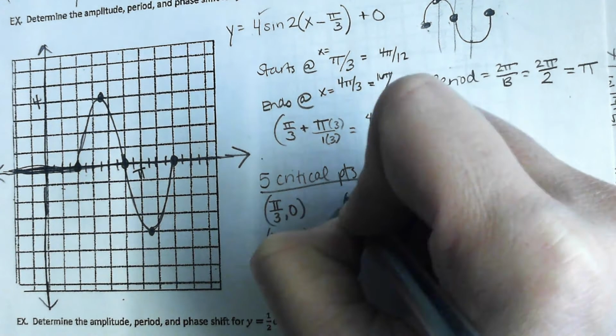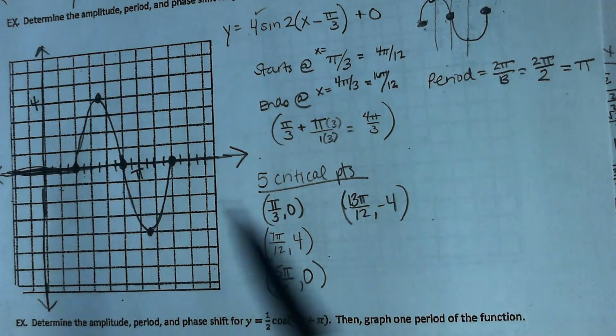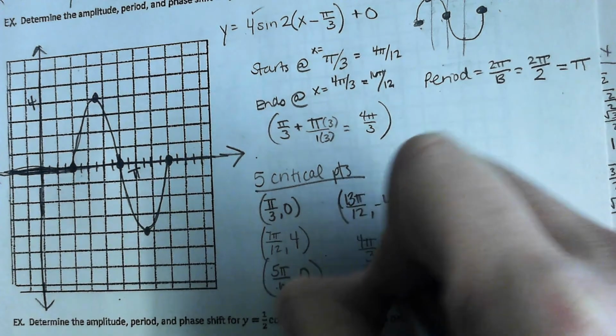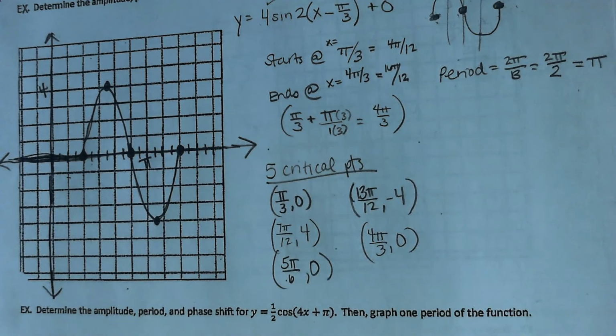Negative 4 is the next point. And then 16 pi over 12, which just puts us back to 4 pi over 3. Those are your 5 critical points. So the graphing that we do this year is just a little bit more complex because in Algebra 2, they're